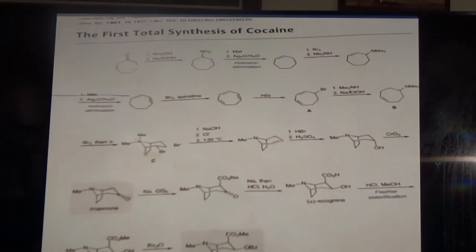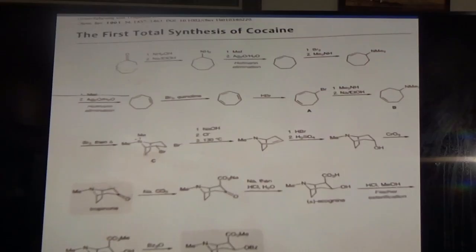Then he adds bromine at the allylic position. So you get HBr added to one of the double bonds. You get the allylic bromide, a diallylic bromide. Then he displaces the bromine with dimethylamine to get the amino compound. Then he brominates, quaternizes, brominates, and then he eliminates with sodium hydroxide, and then he adds HBr to the double bond, and you convert that to the OH with dilute sulfuric acid, and then he oxidizes to give the tropinone,